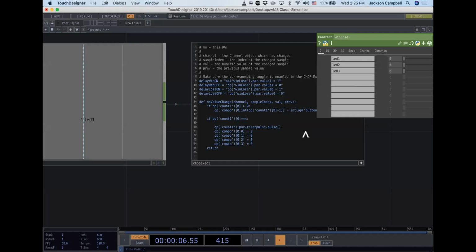So we're going to say if, and I think we could do this a little bit simpler using ands instead of the way I did it in my notes, because I think it should work. So after if, count 1, channel 0 equals 4, we're going to have another if statement. If op,